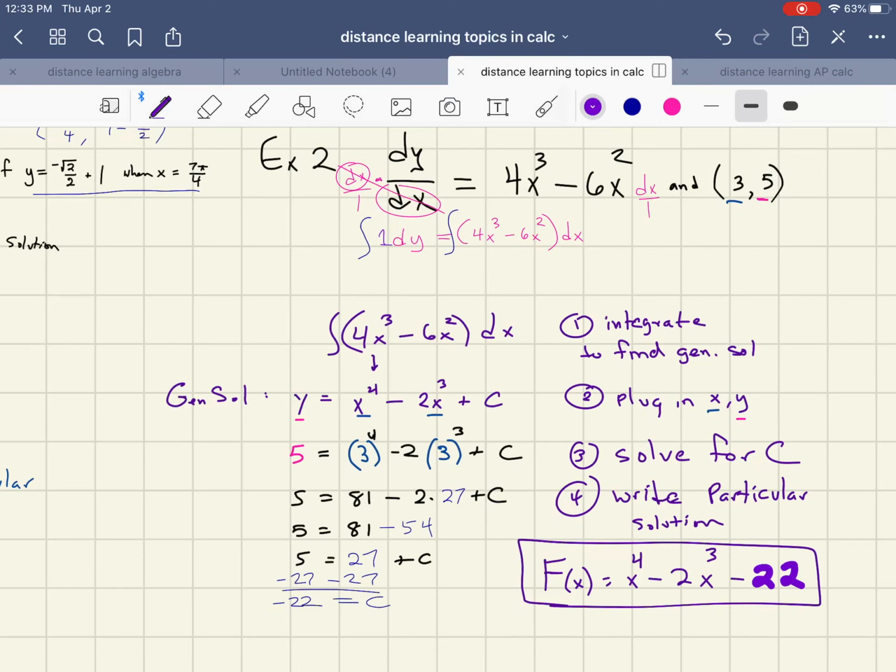Let's see. Yeah, that seemed right. So just go through with your antiderivative rules that you are now aware of. And then once you have your general solution, plug in your x and your y's, or whatever the variables represent. Solve for c. Rewrite your equation in terms of a very